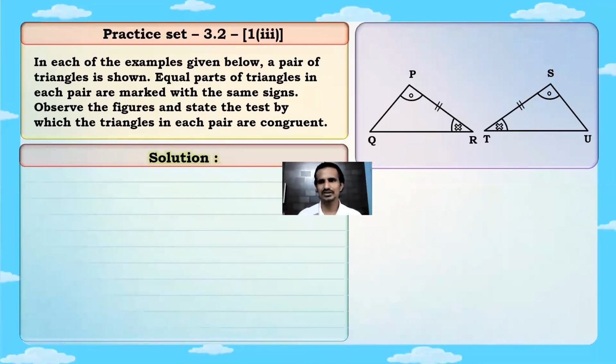Okay, but there is one catch here. There is one very interesting thing in this question. Tell me, how will you write the names of the two triangles? Okay, so I'll just tell you this one thing. For example, let's say if I write the first triangle, the name of the first triangle is PQR, and the second triangle as STU. This is one option I have. Okay, PQR and STU. Yeah, if I write PQR and the second triangle SUT.